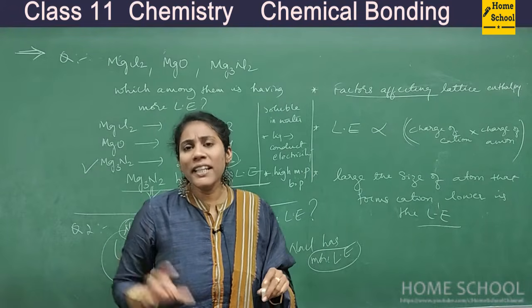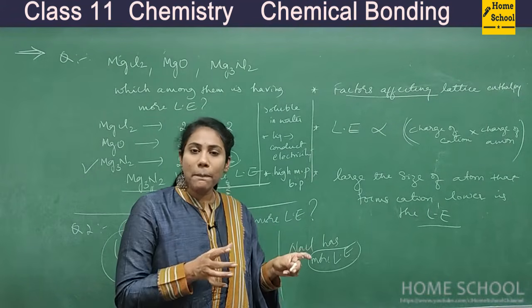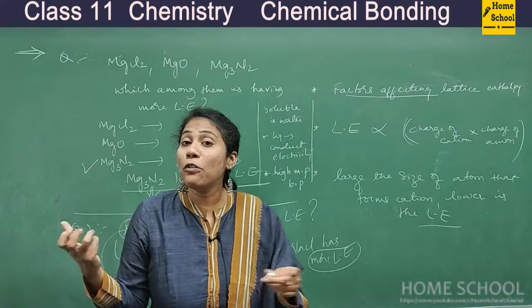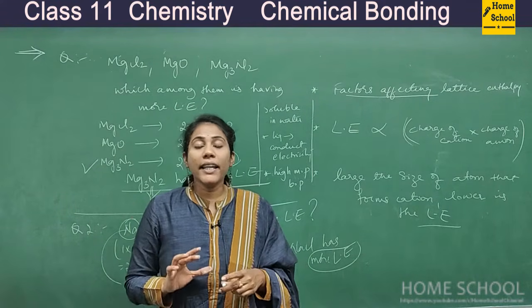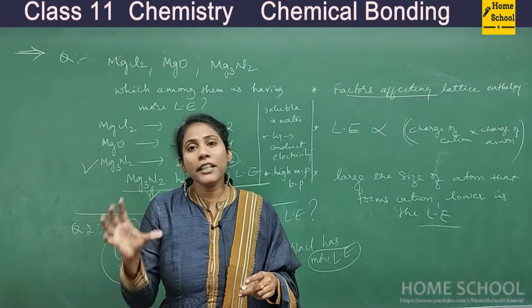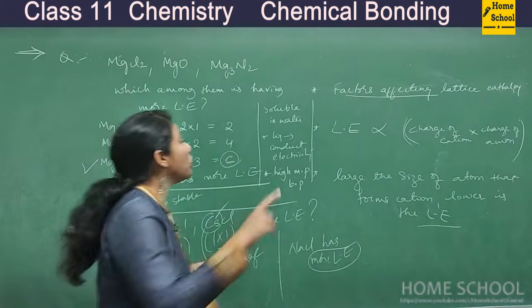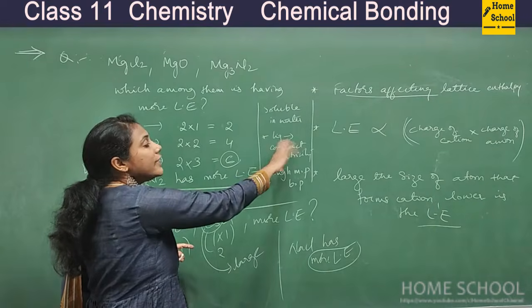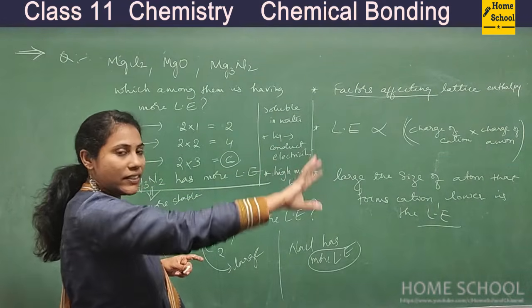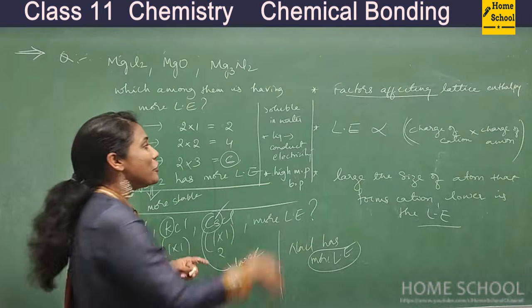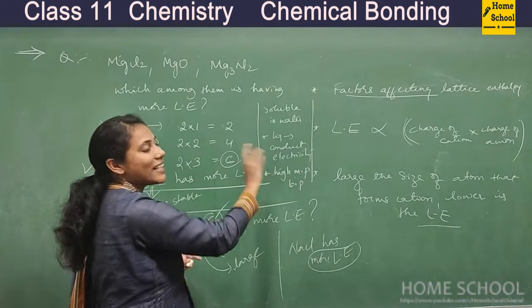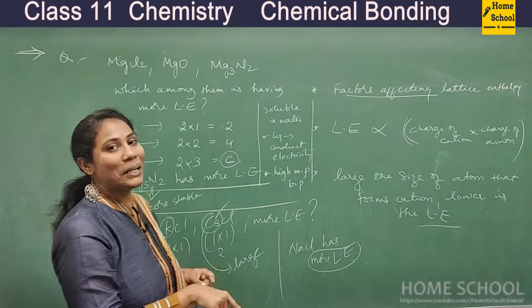And coming to covalent compounds, in my part 1 video, we discussed how sharing of electrons takes place and how covalent bonds are formed. Covalent compounds are not soluble in water. They do not conduct electricity even in a liquid state, and they have low melting and boiling points. So all the points that I have mentioned here are opposite for covalent compounds.